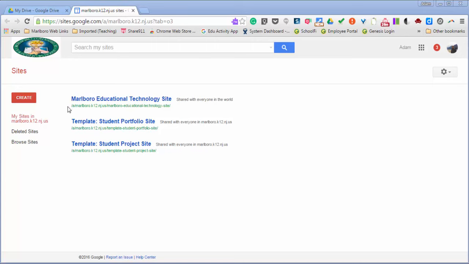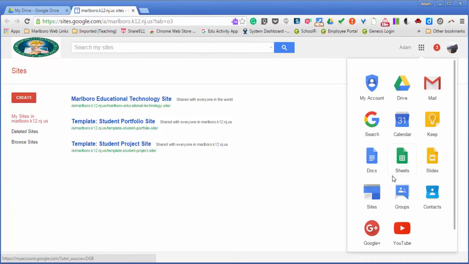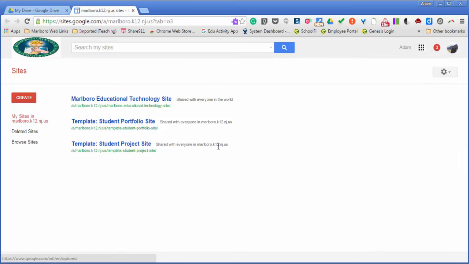So first, obviously get to Google Sites. If you don't know how to get there, you'll want to access your app icon and then click Sites, and that'll bring you to your Google Site page for your school district, within your Google Apps domain. So I have a couple sites here,